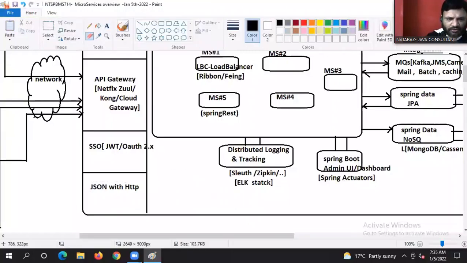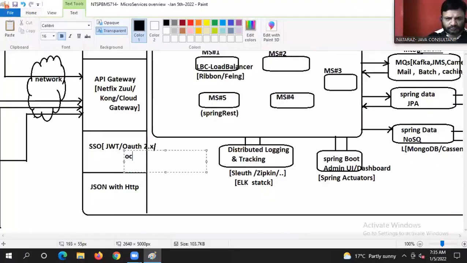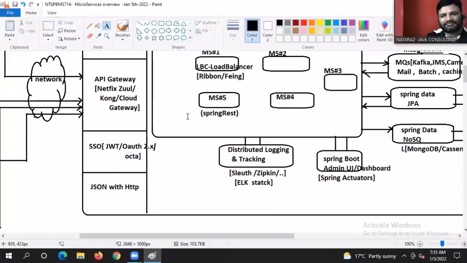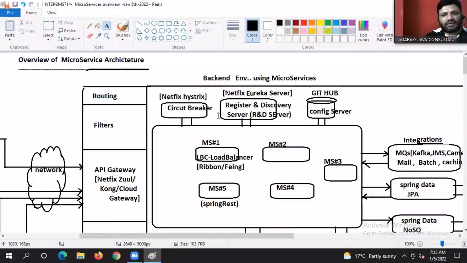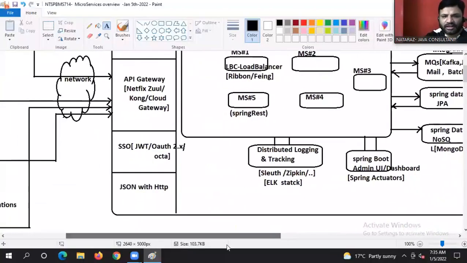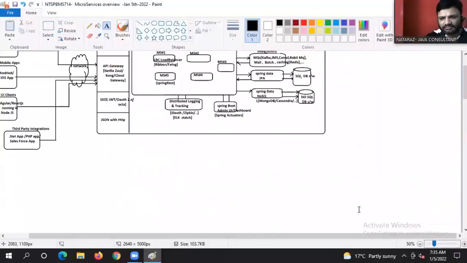Here we can go for Okta also. We can take the support of Okta also. I think you got the overall idea about this one, guys.